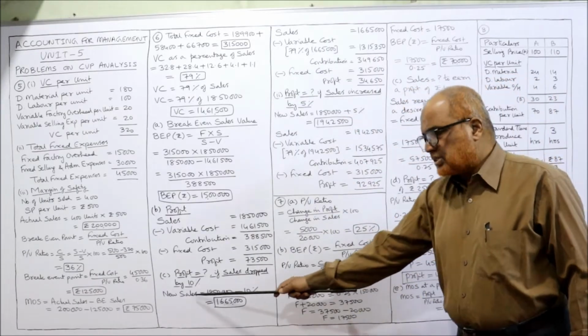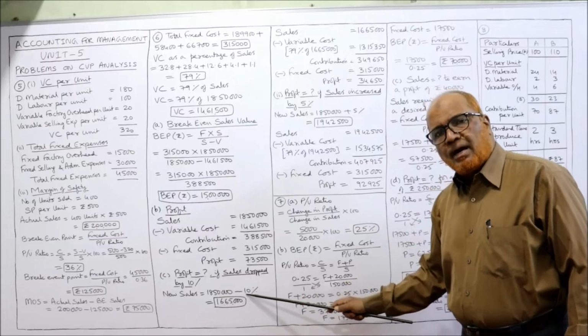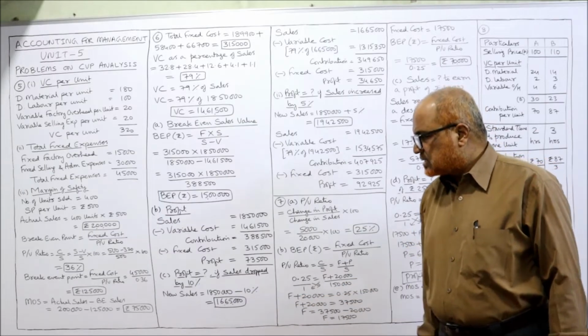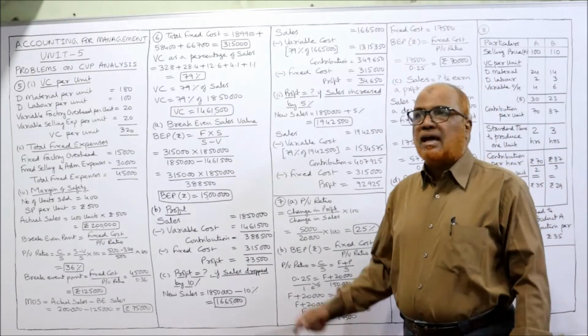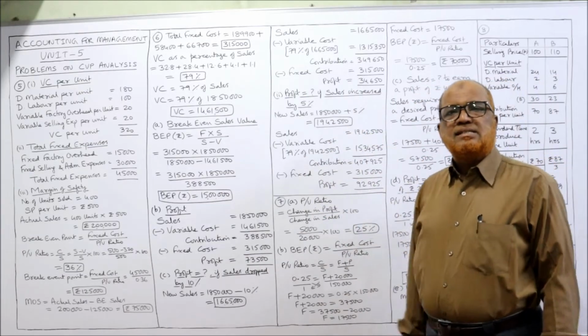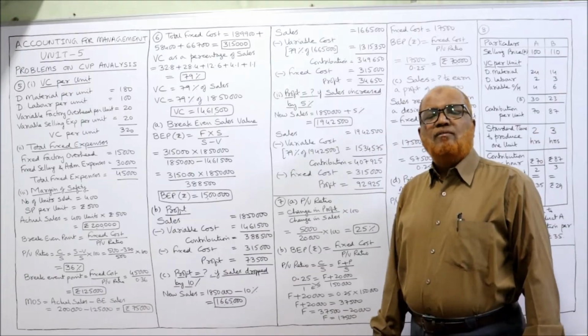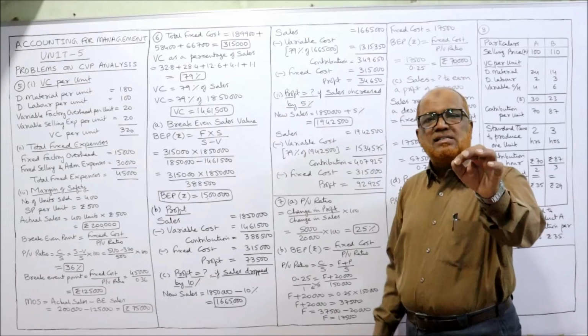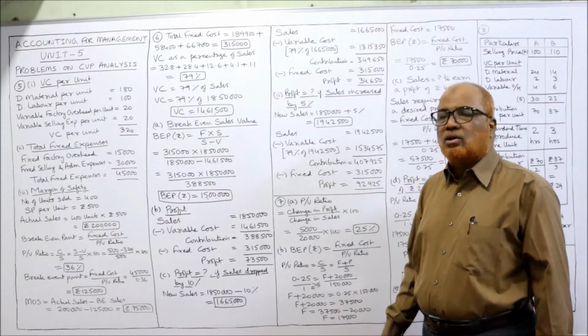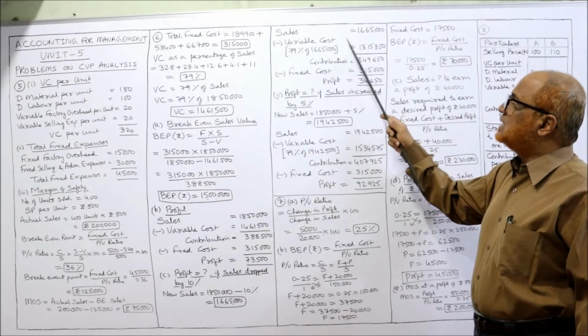So new sales, 18,50,000 minus 10%, you will get 16,65,000. From the new sales, deduct the variable cost. Variable cost is 79% of sales. Whatever sales are there, 79% is variable cost. So 79% of 16,65,000